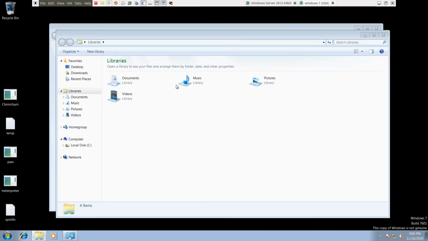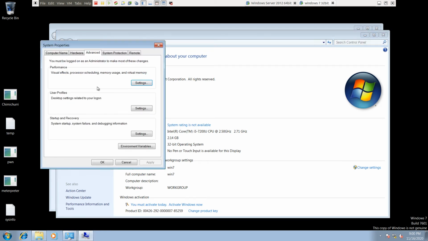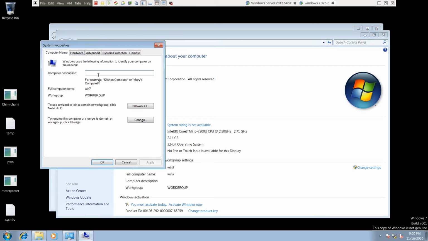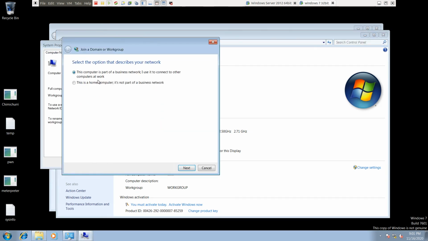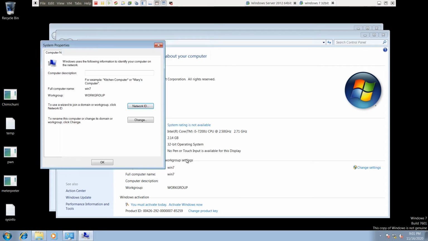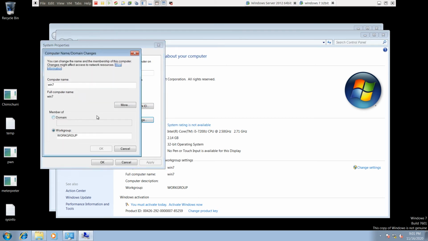Now we need to set the computer name. Click on properties, advanced system settings, and computer name, and click on change. So you can give the Windows 7. I am just leaving this as Windows 7. Now you need to add this computer to the domain. To do that, click on this domain and say homelab.server.